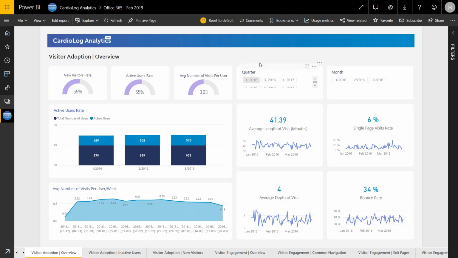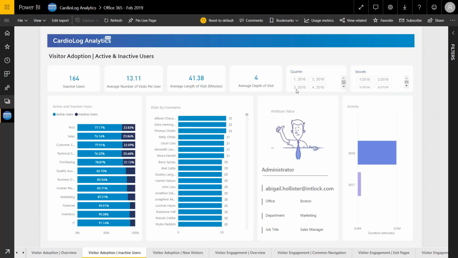And now let's get into a little more detail of our active and inactive users. So to the left here, we can see our active versus inactive users split by department. And instead of spending time retraining all of our departments on SharePoint, we can see which departments have the most inactive users and only spend our training budget and time on those specific departments, like R&D and sales, for example